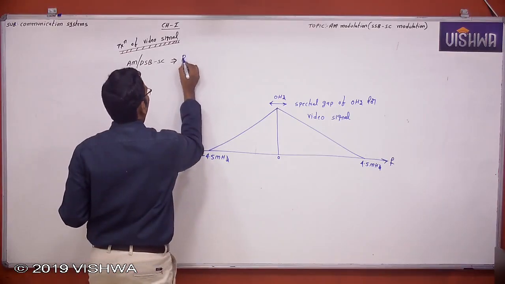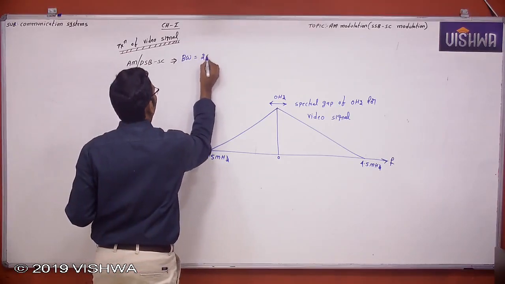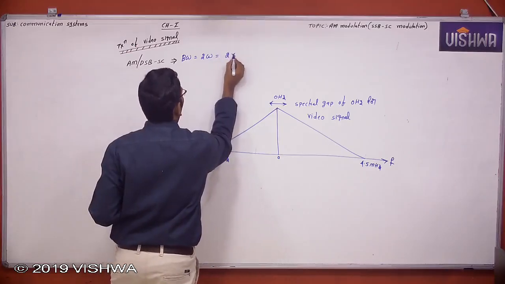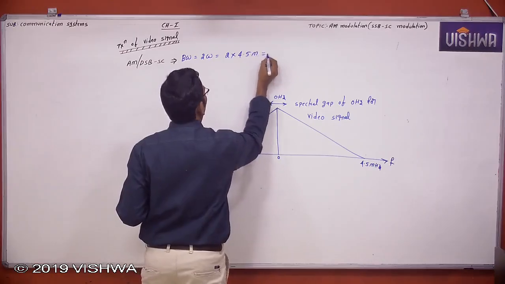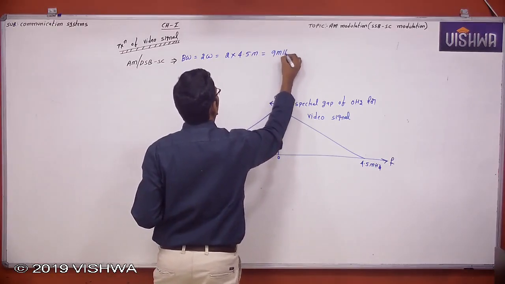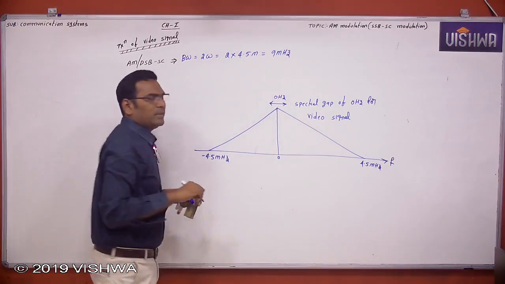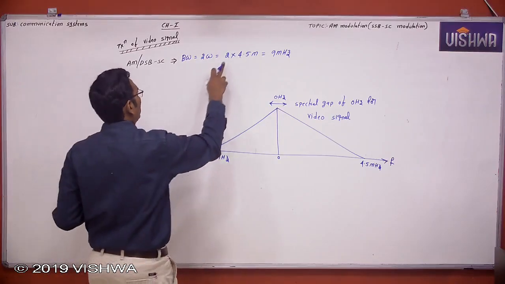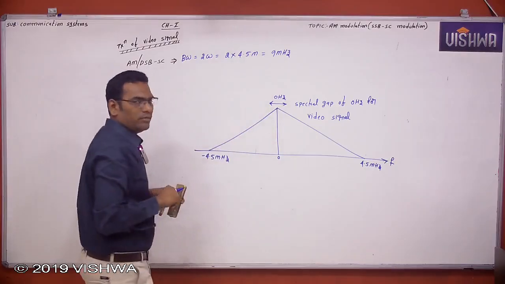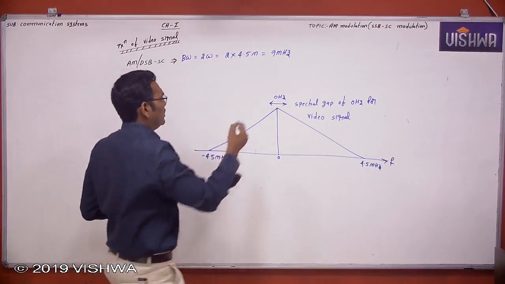The bandwidth required to transmit is 2 omega, where omega is 4.5 mega, which is equal to 2 into 4.5 mega, which is equal to 9 megahertz, which is